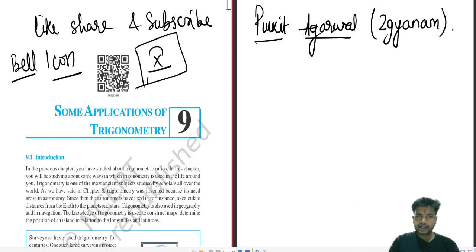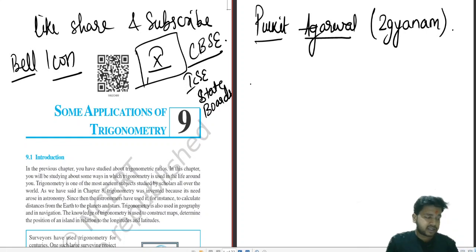Help those students who are studying in class 10 under the CBSE pattern for sure, and secondly from ISC, ICSE or state boards from anywhere in India. Obviously, you can go topic wise if you are in any board other than CBSE. But if you are in CBSE, we'll go full course on CBSE and we'll try to complete the concepts which are out of the CBSE syllabus. Our main purpose is to complete the concept clearly and cautiously, explaining every step. Why do we do it? Why are we using this chapter? What is the physical application in real life? Everything will be dealt with.